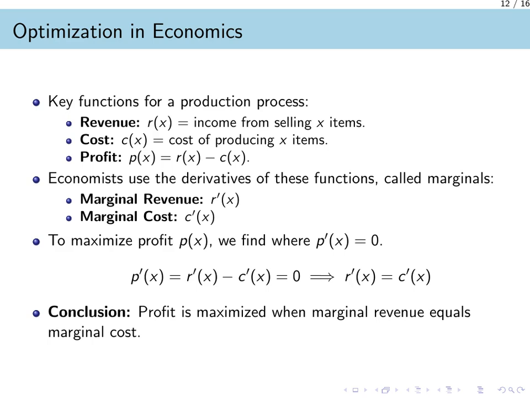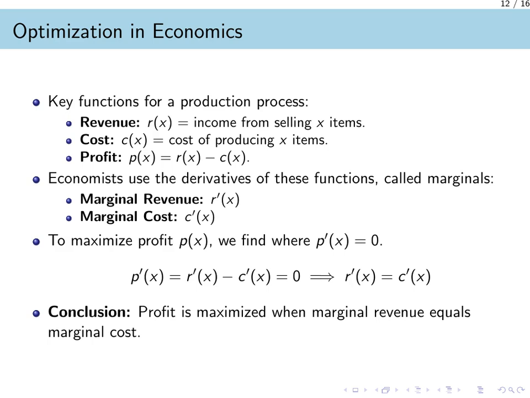The derivative of revenue is called marginal revenue, which you can think of as the extra income from selling one more item. Likewise, the derivative of cost is the marginal cost, or the expense of producing one more item. To maximize the profit function, we find where its derivative equals 0. Since the derivative of profit is just marginal revenue minus marginal cost, setting it to 0 means the two must